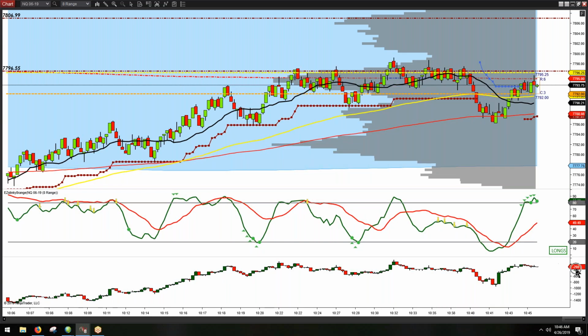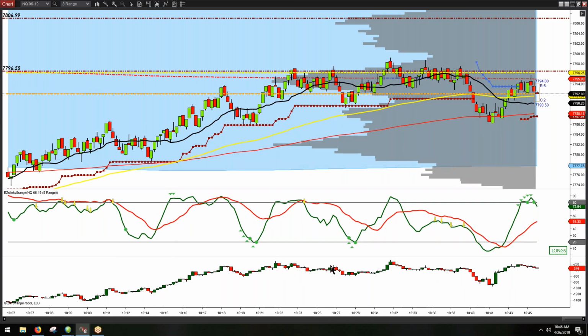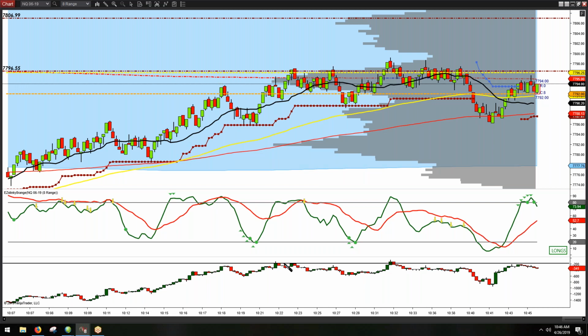And so when you're watching the cumulative delta, you're going to be looking at it in reference to areas where you're expecting a reaction on price. So up here, as you can see it hitting the close from yesterday, you can see it holding as resistance, holding, holding, holding. And down here on the cumulative delta, you can see that it has created an area of resistance. So I'm just going to draw a line up here so you can see it. You can see it creating an area of resistance here,